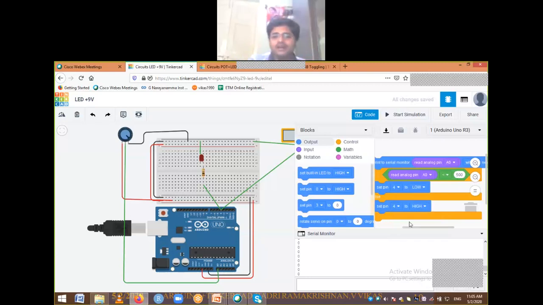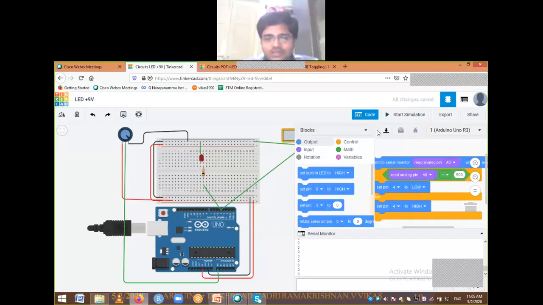I can consider some application. Instead of a potentiometer, I could have a temperature sensor or any other touch sensor. If my condition is satisfied, I need to make it high. That's what we are writing. The code is the same; you can consider any sensor over there. This is the condition I am considering. Let me start simulating and see what happens.